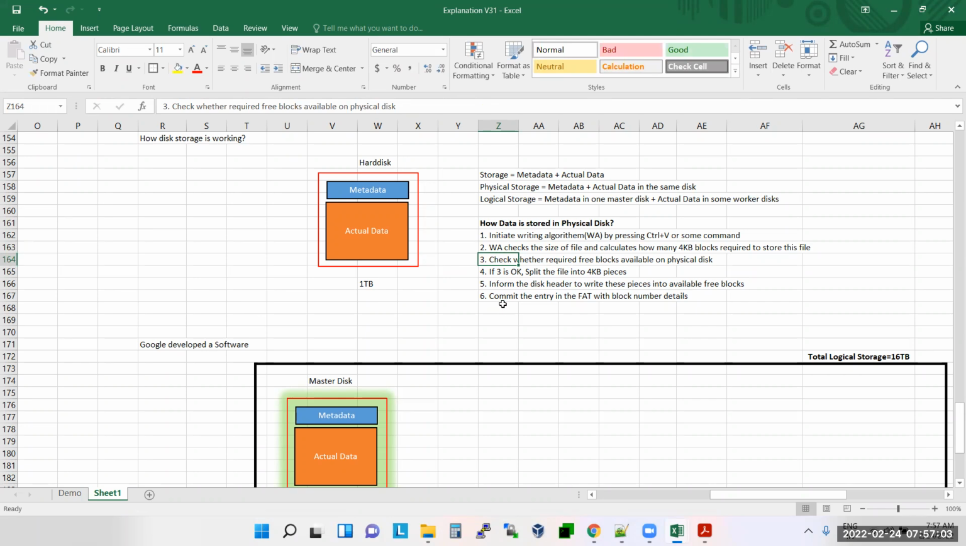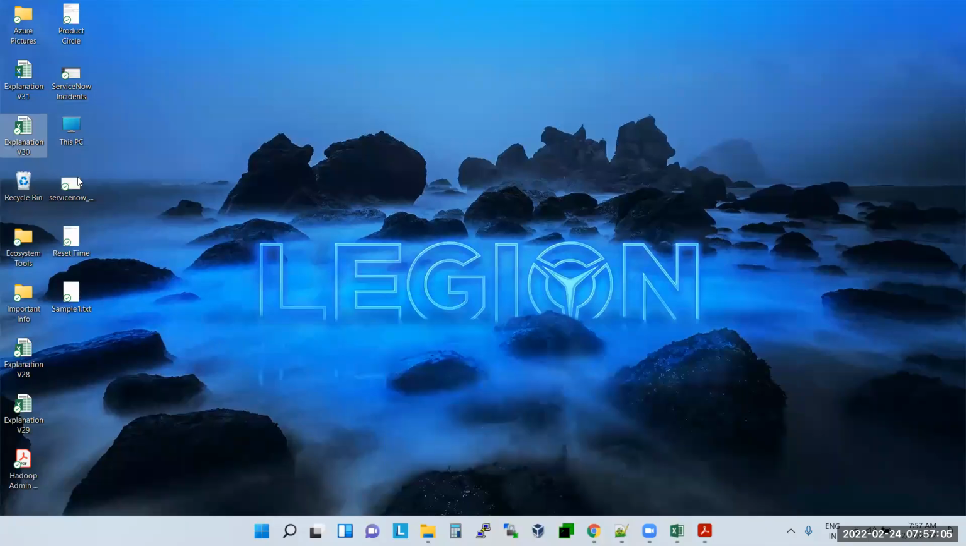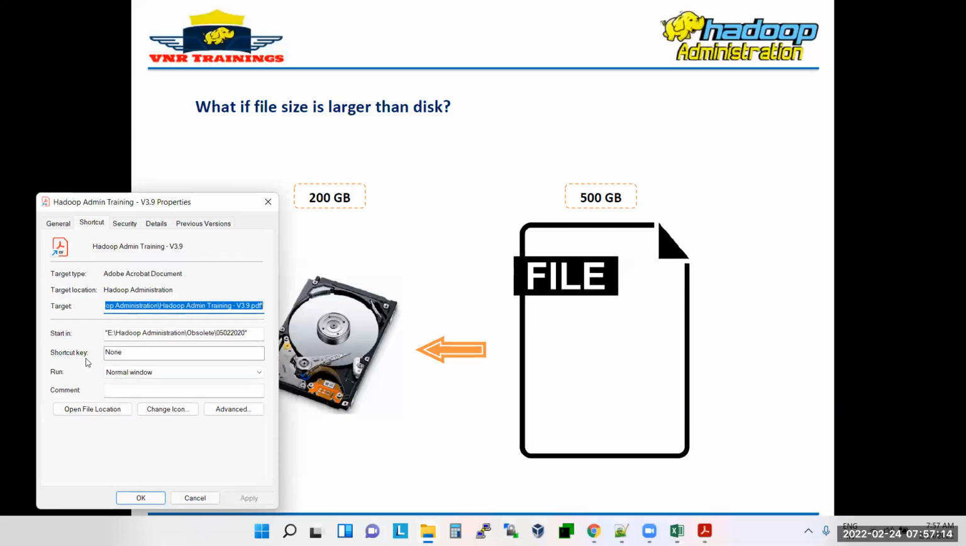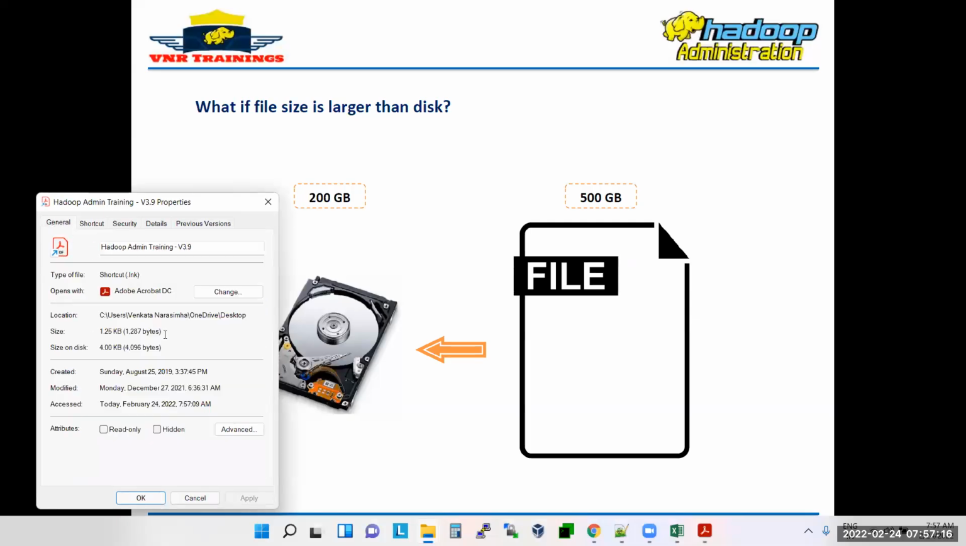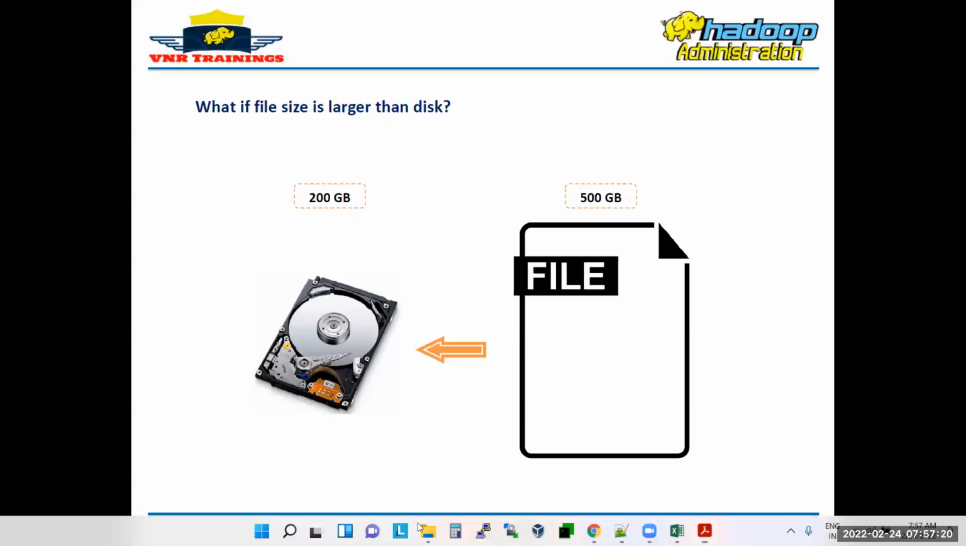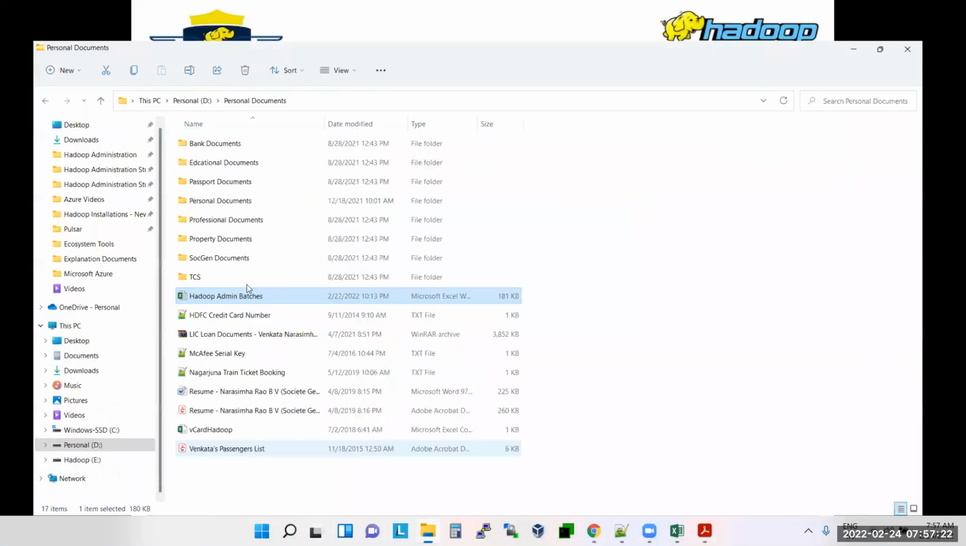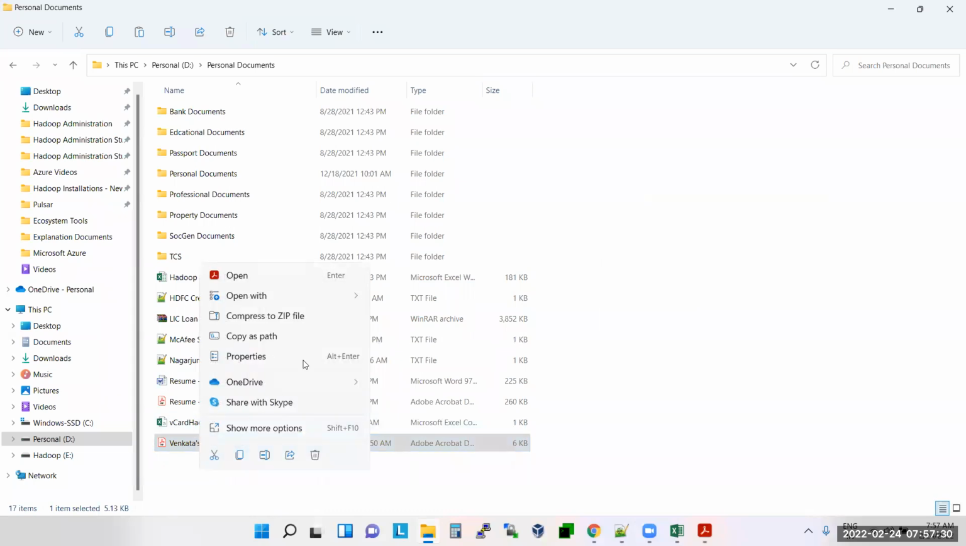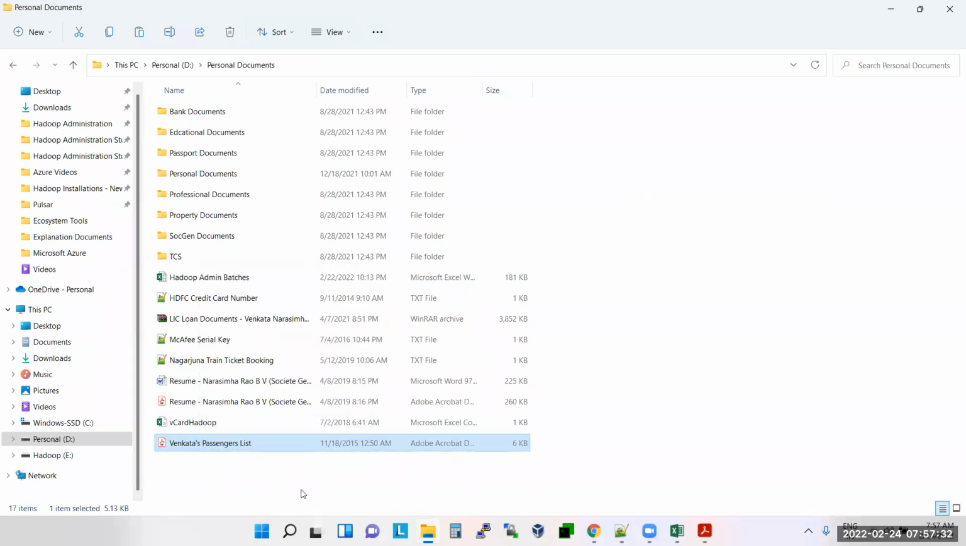Let's take this scenario. This is the file. Right click on it, show more options, properties. The size of the file is how much here? I will take some file, Venkata's passenger list. Right click on this one. Now when you say Control C and then Control V,